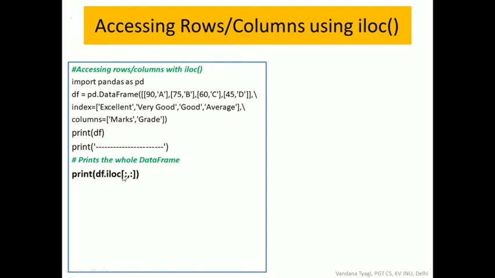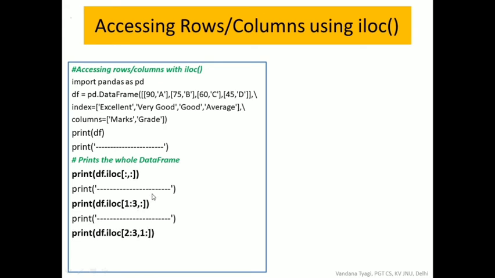Now if you want to print the whole data frame, again with the same ILOC we pass only empty slices, no rows and columns to be specified. But once you specify 1:3, it means row 1, this 1 is the index value and 3 is also the index value. So indexes begin from 0 onwards. So 0, 1, 2, 3 means second row onwards we will go till 3, but the third is excluded here. Okay, let's see the output.